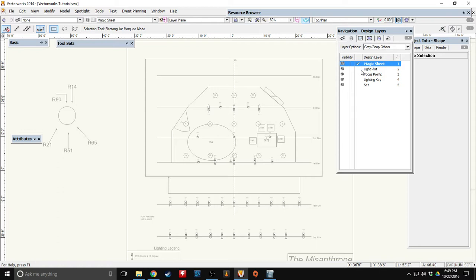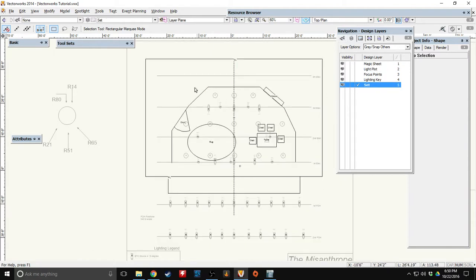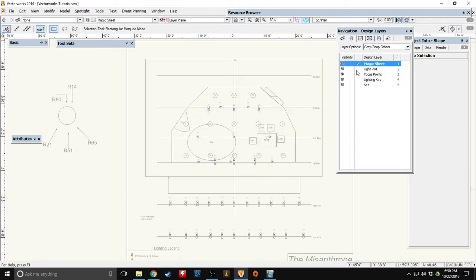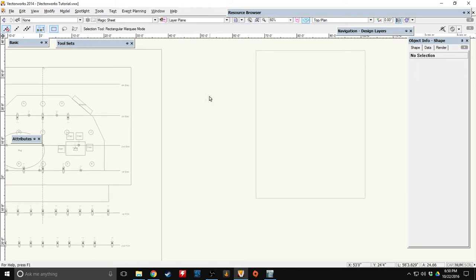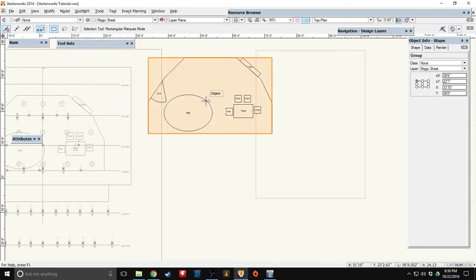What we're actually going to do is go back to our light plot layer, our set layer, and I'm going to copy the entire set. I'm going to Control C. I'm going to go back to our magic sheet layer. I'm going to drift off into the corner a little bit. Control V to paste all of this stuff, and then I'm going to hit Control G to group it